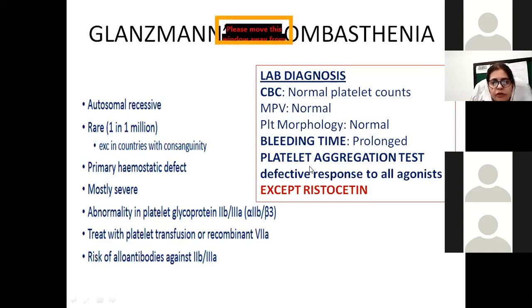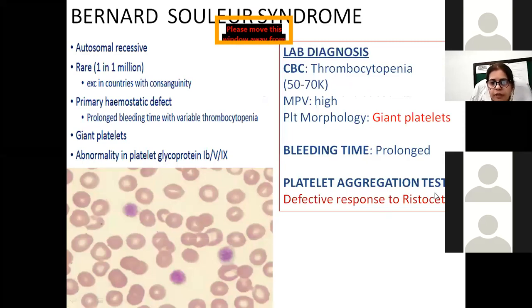In these disorders, the aggregation test will be defective to all agonists except ristocetin, because the other receptor on the platelets, 1B9, which is responsible for platelet adhesion with von Willebrand factor through ristocetin, is intact. So this result is exactly the reverse of what we find in Bernard-Soulier, because in Bernard-Soulier syndrome, there is only defective response to ristocetin. The rest of the agonists